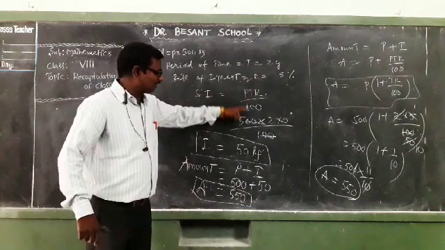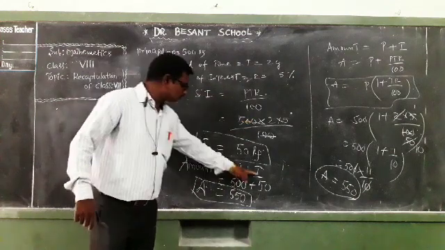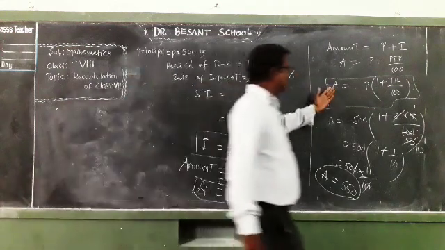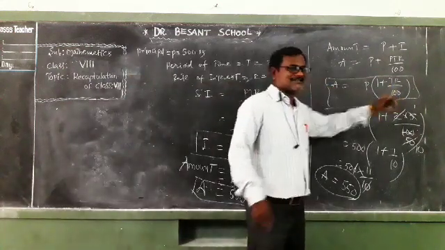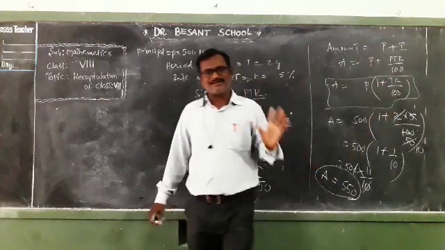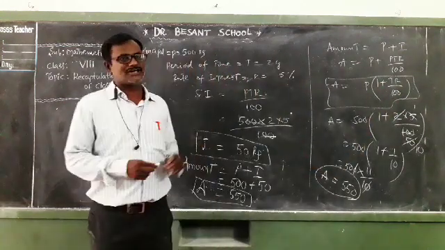So first we need to find interest. After that the interest should be added to principal to find amount. This is one way. Directly we can find out amount through the simple interest formula, A is equal to P into (1 plus TR whole by 100). So we learned all these things from the 7th class chapter Ratio and Applications.